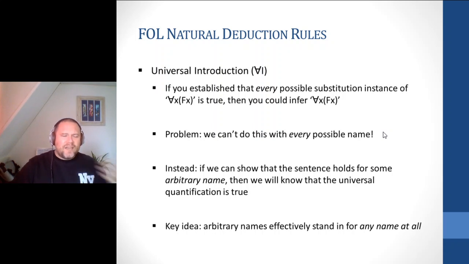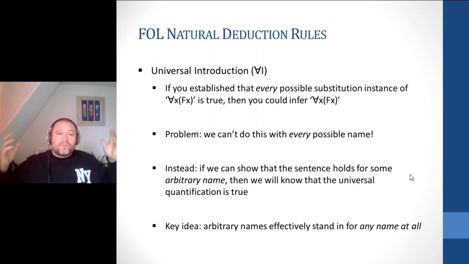So we can't just simply brute force our way into introducing a universal quantifier. What we're going to do instead isn't think about every possible name, but pull a trick that we did a little bit earlier when we thought about interpretations, and think about arbitrary names. Our idea is that if we can show that a relevant sentence holds for some arbitrary name, that is,